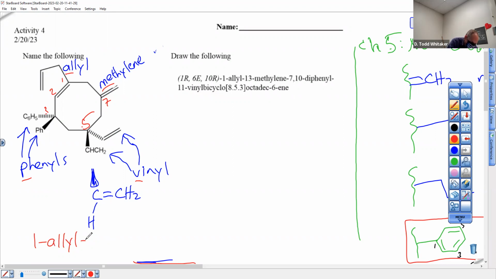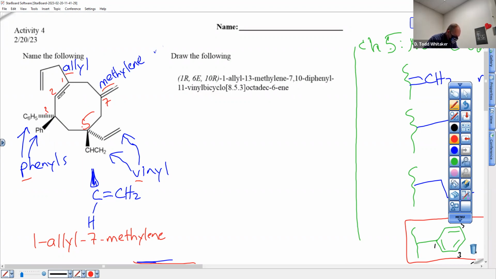P is after M, correct? Methylene. So why don't we number that side? Why don't we number that side was the question. Both sides of the ring are numbered, so I need more clarity. Why don't we get number